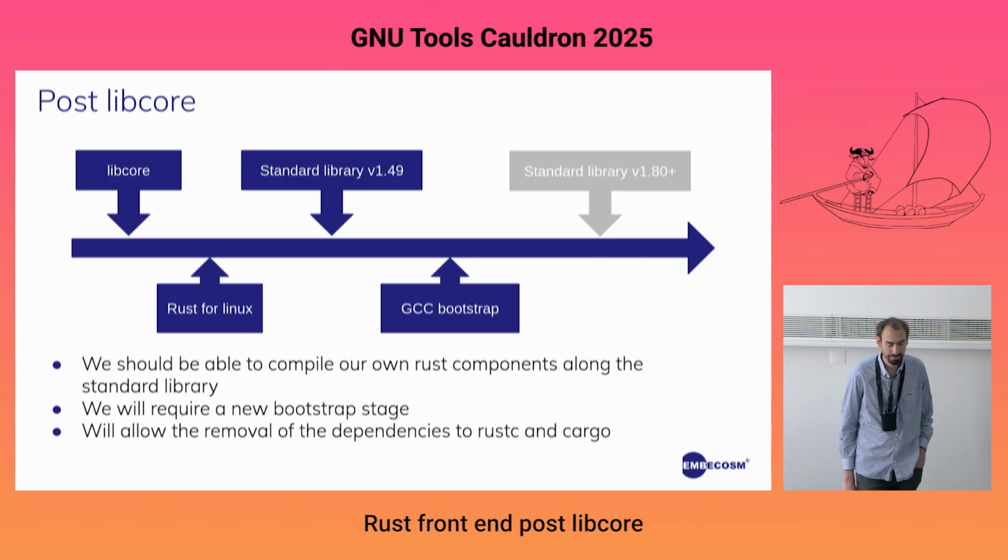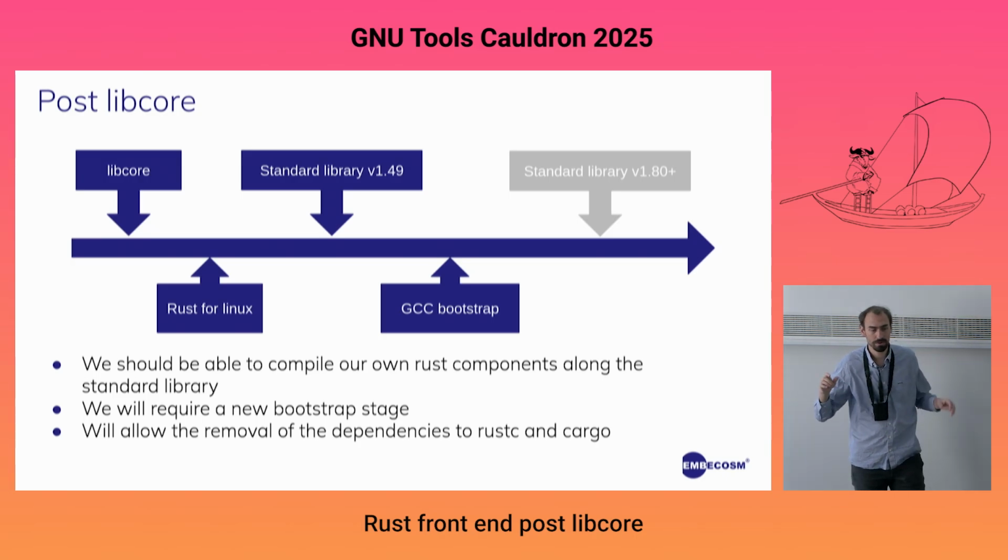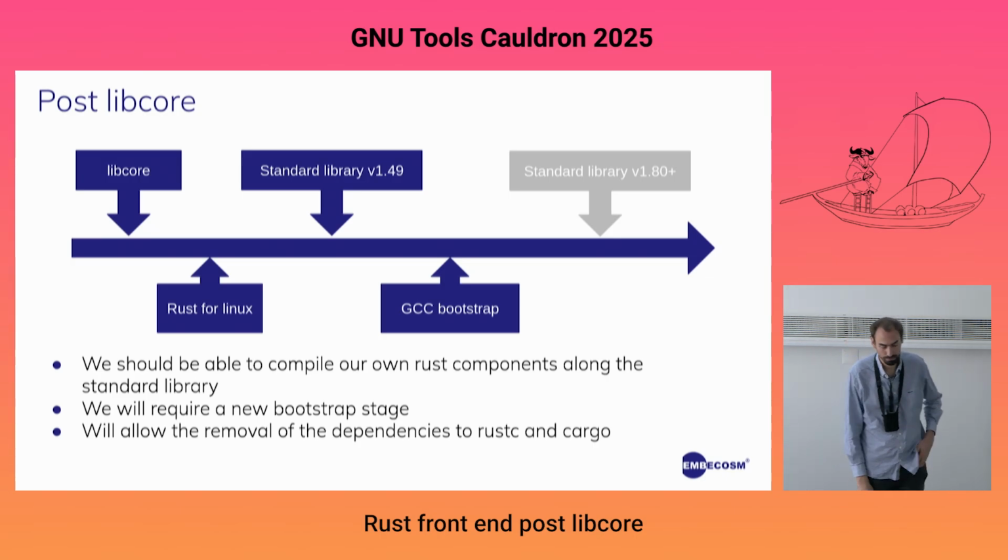So this means that at this time, we'll be able to compile in a first stage an incomplete Rust compiler, which will then be able to compile its own Rust components, and then there will be a final stage where those Rust components, as well as the base compiler, will be merged together to be a complete compiler, able to compile valid Rust code and reject invalid Rust code.